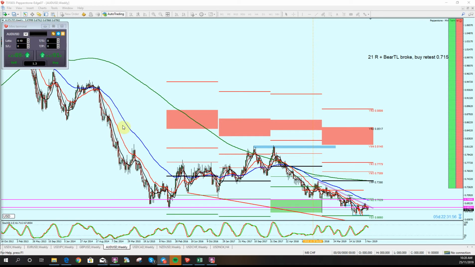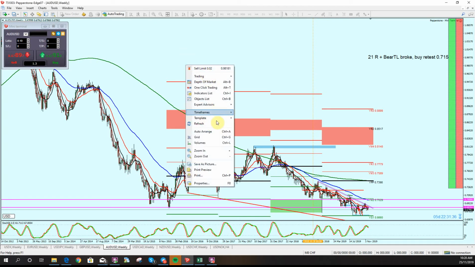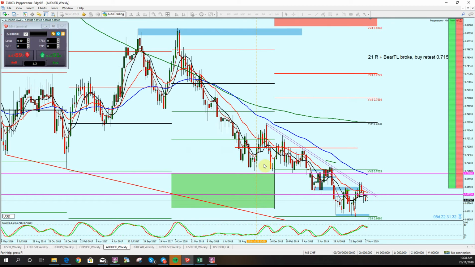So this is the Aussie USD weekly chart with yearly pivots. Ignore the pivots if you don't know much about them. For the last 2 years, quite clearly, we've had a good, strong downtrend. You're aware of that. Everybody's aware of it. My toolbars aren't working at the moment for some reason. So, a good, strong downtrend for 2 years.